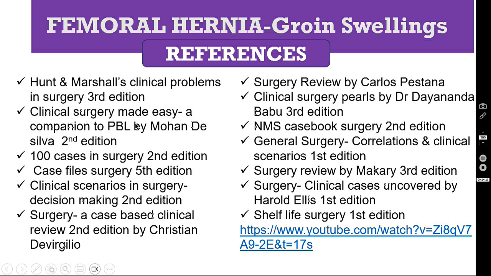And another book is Clinical Surgery Made Easy by Mohan De Silva, 2nd edition. This is also an excellent book. And another one is Learning General Surgery, another problem oriented book. All other books are case based books, like 100 Cases in General Surgery, 2nd edition, Case Files in Surgery, 5th edition, Clinical Scenarios in Surgery and Decision Making, 2nd edition, Surgery: A Case Based Clinical Review, 2nd edition,